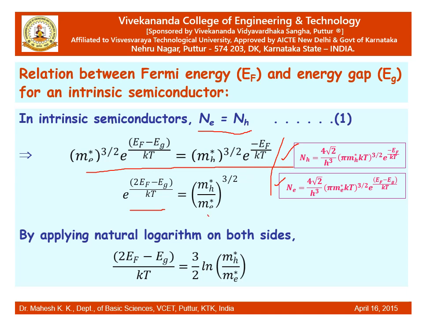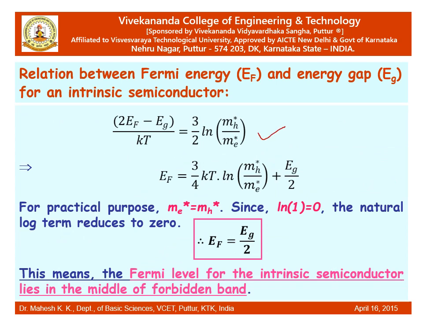Now for this equation, let us apply the natural logarithm. So that is ln we are applying. That means we will get rid of this e here. So the left hand side will be 2EF minus Eg divided by kT is equal to, on the right hand side, 3 by 2 ln of mh star divided by me star. The same equation I have given here at the top. And then you rearrange to get the expression for EF. So EF is equal to 3 by 4 kT into ln of mh star divided by me star plus